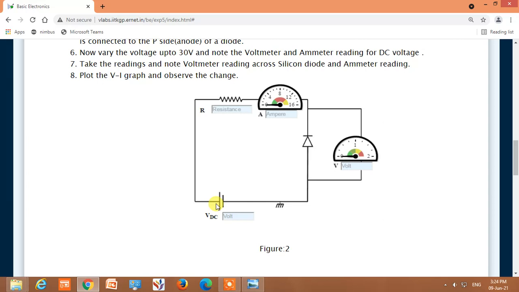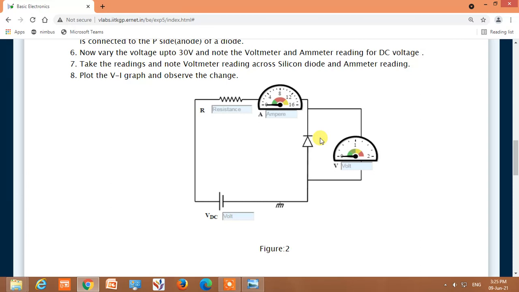Keep on increasing the reverse voltage and measure the value of the reverse current through this reverse biased diode, and keep on measuring the value of voltage across this reverse biased diode. You will see that a very small current, called the leakage current, will flow through the diode.